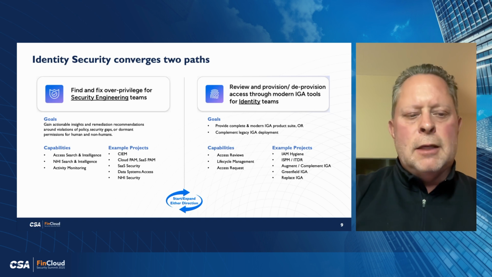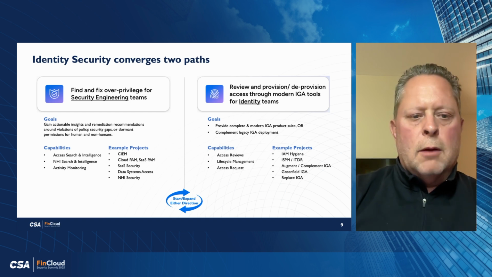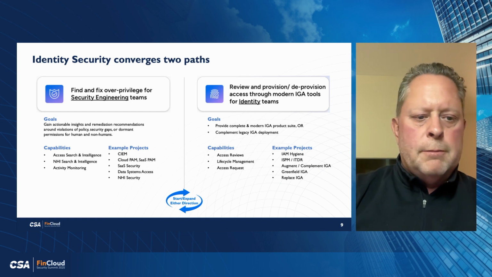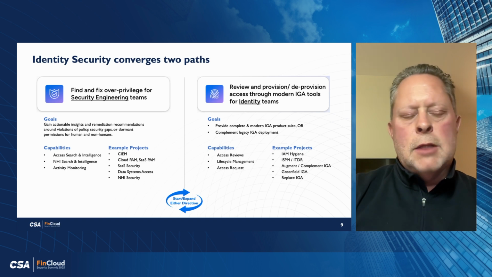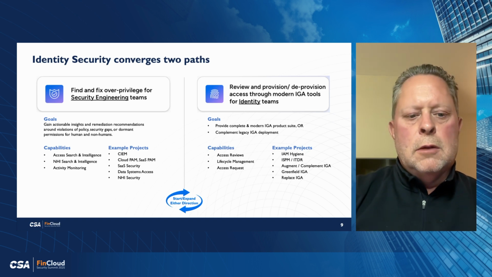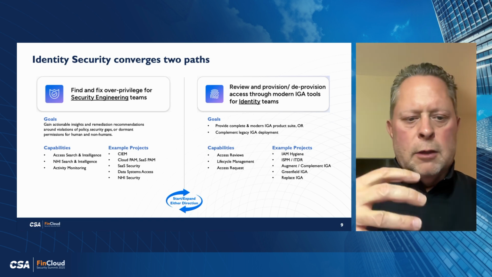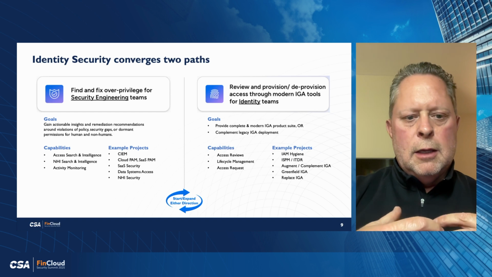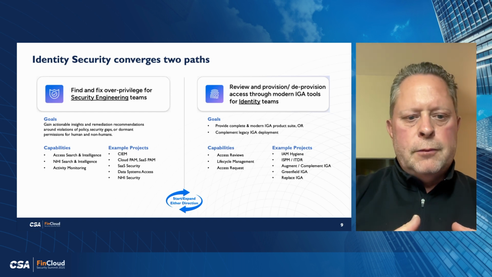So understanding that, getting insights, intelligence, and the ability to look at these various patterns and look for over-permissioning, look for dormant permissions, look for toxic combinations, whatever you want to call them. All of those things allow us to reduce the vulnerabilities on the identity and permission side. And it's a real powerful security and risk reduction mindset.